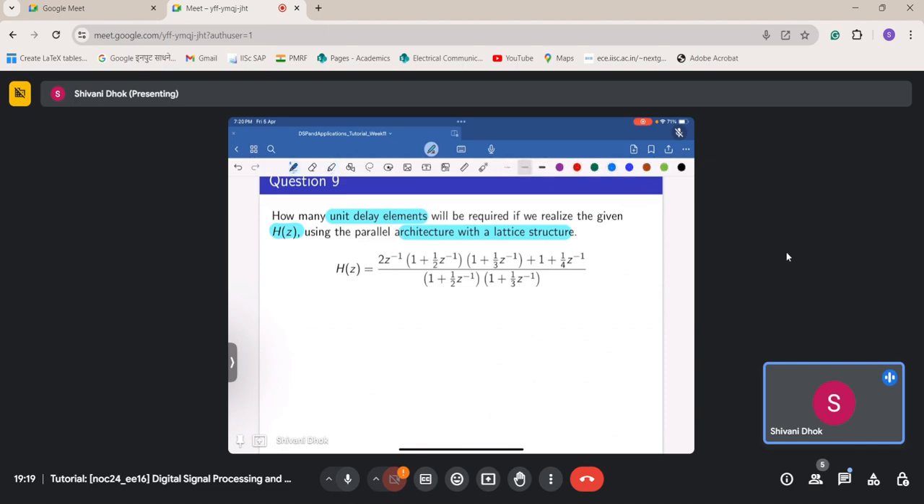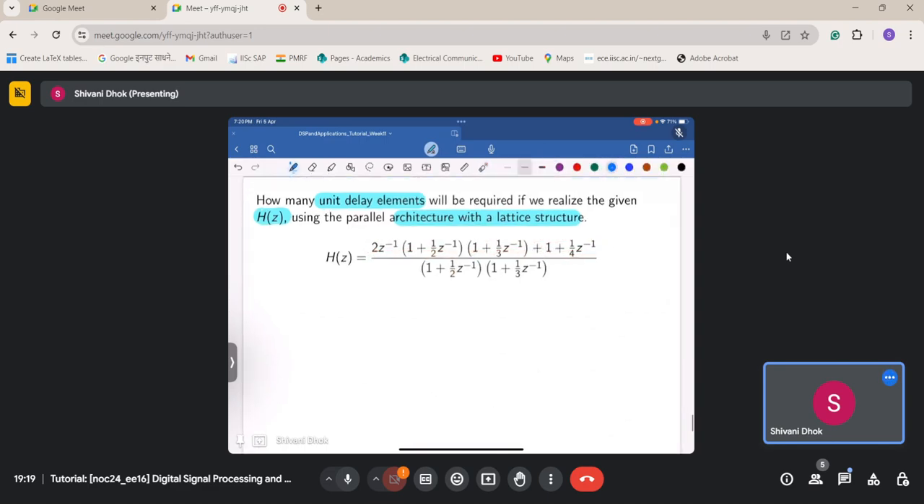and we know that for a lattice structure the condition is that the numerator degree should be less than or equal to the denominator degree, but here it is higher. But if we observe, this part here is exactly identical to this part here. So what we can do is separate these two things into two different fractions. So we'll have this H of Z,